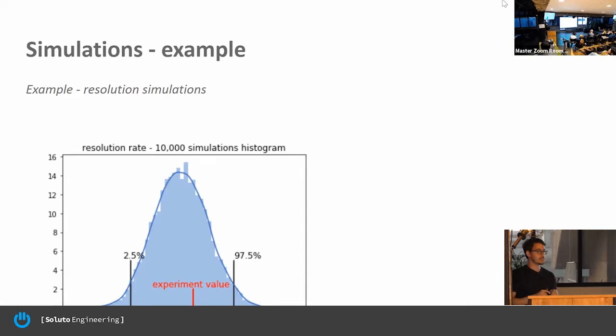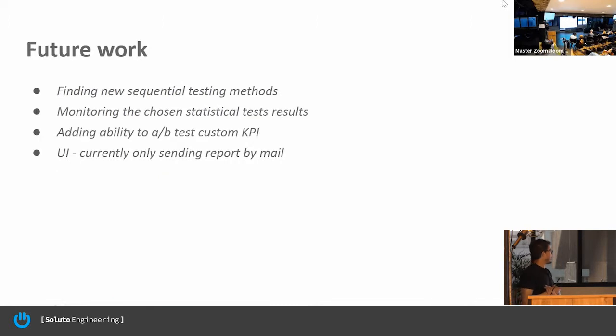More questions about it? Okay, so, future work we still have in mind for this system. The system is really, as we see it, a platform like every other platform, which will iterate, grow, and evolve over time. So all the things we chose here are just the first part of this journey. And the part where we also want to find statistical testing methods is how to stop an experiment. We used the simplest way we found, which is just changing the p-value, but there are more sophisticated methods currently. So this is one part we want to advance in the future.